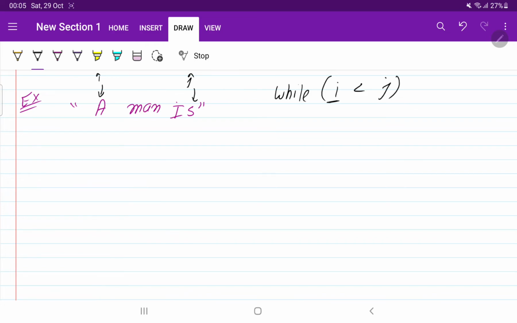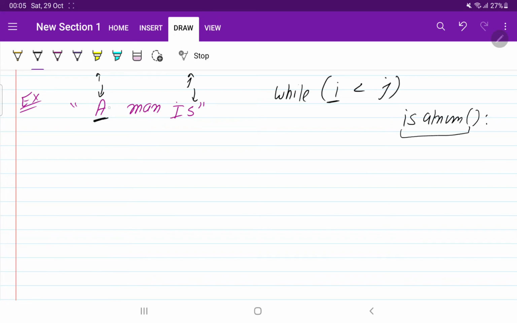Here I am going to use an inbuilt function, that is, I will check whether the given character is alphanumeric or not. For that, in Python we have one inbuilt function, isalnum. What it will do, it will check whether the given character is alphanumeric or not. Okay, so suppose we came to this position A. In this while loop, I will check whether this starting character is alphanumeric or not.